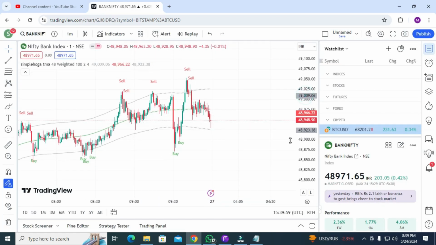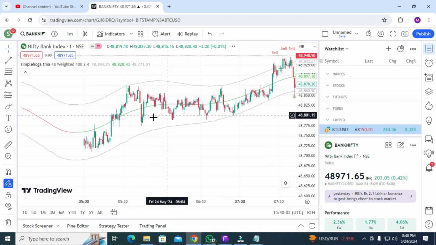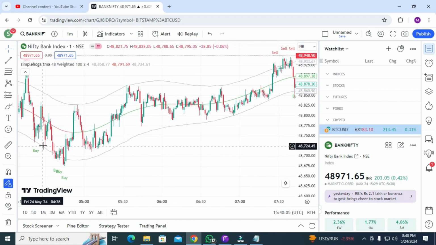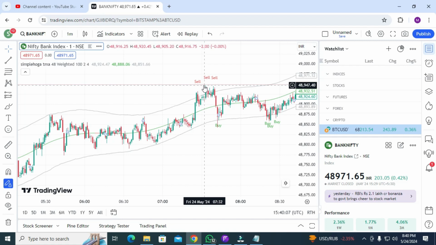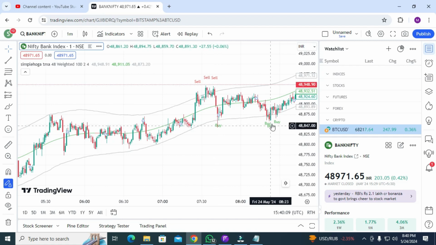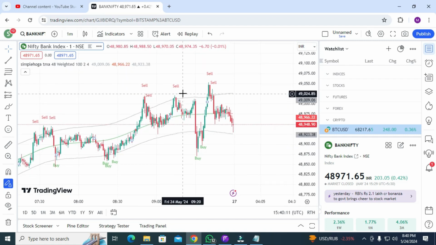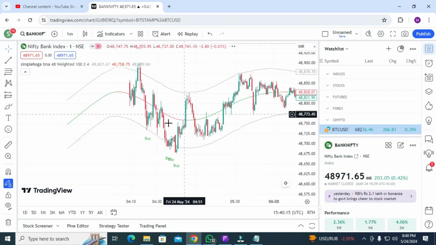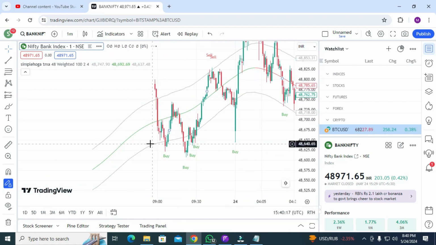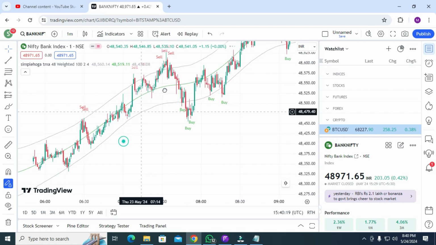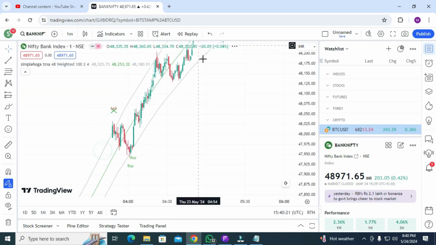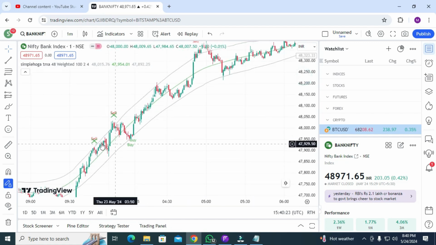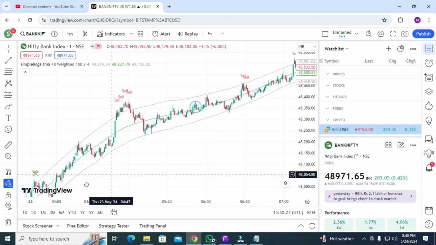In Bank Nifty, it gives you awesome results. You can see the accuracy, the buy signal, and you need to book your profit here. The sell signal, you can book your profit here. The buy signal, book your profit. Sell signal, book your profits. Buy signal. Okay, you will also get the cross signal here. Like here, these are perfect buy trades and sell trades, but let me show you, there are some cross signals. That means do not go for the sell trade, go for the buy trade, book your profit.